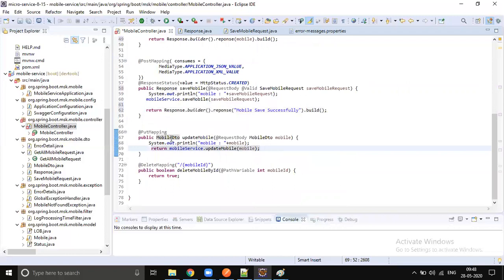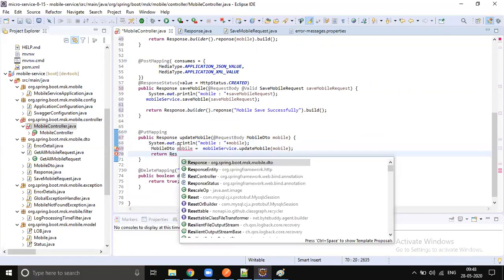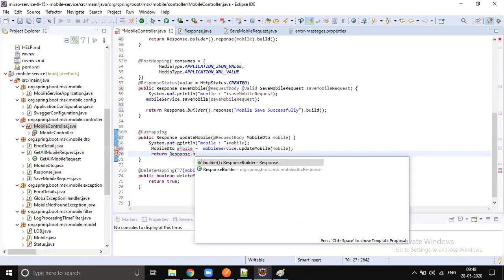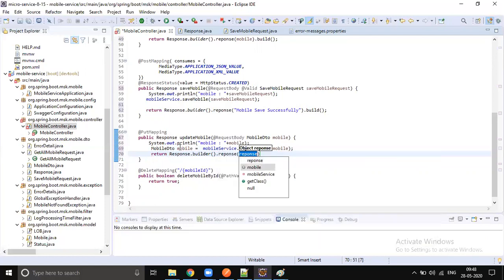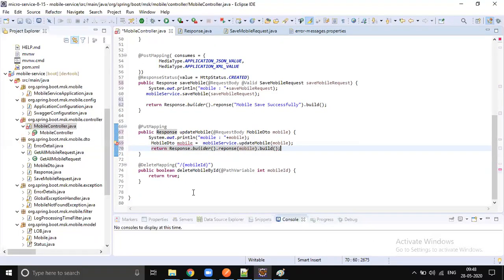Here you're going to get the mobile DTO, but that is not the actual return type. The actual return type is response. Okay, good. Let's get the mobile DTO, send it to mobile, and just return response.builder().response(mobile). For delete, we have not implemented it.